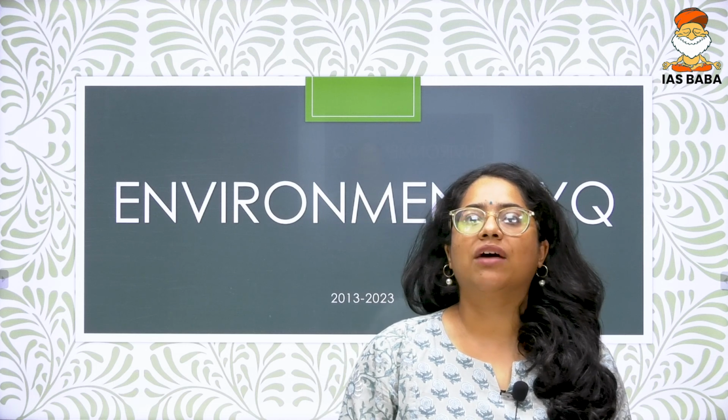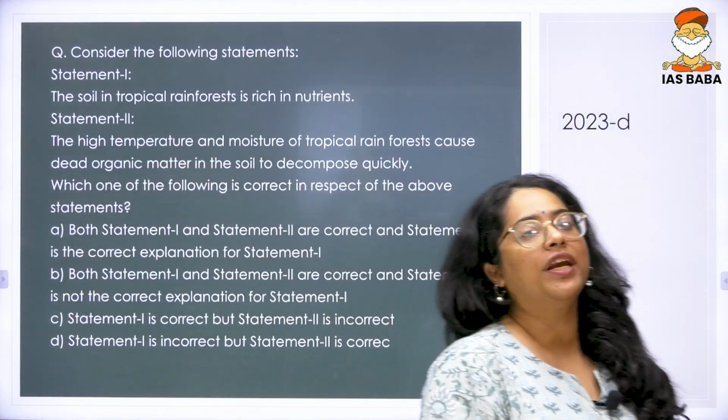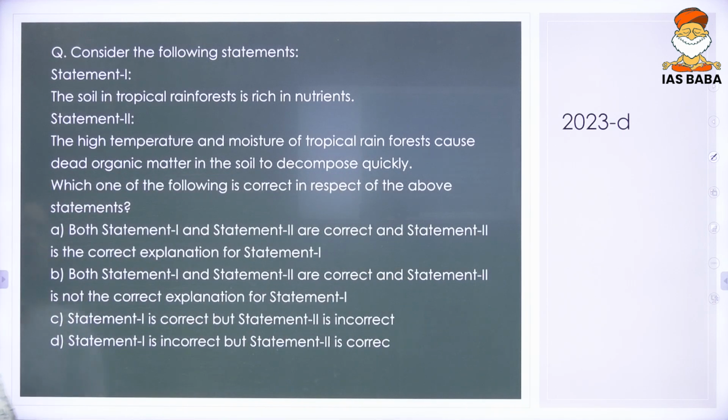The theme that we are taking up for discussion today is the different kinds of ecosystems. Now, without much delay, let's go into the first question, which was asked in 2023. The question reads as: the soil in tropical rainforests is rich in nutrients. The second statement reads as: the high temperature and moisture of tropical rainforest cause dead organic matter in the soil